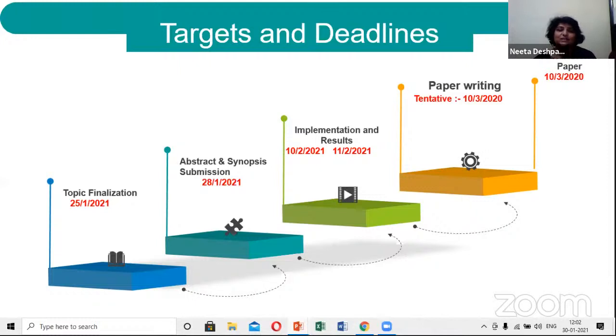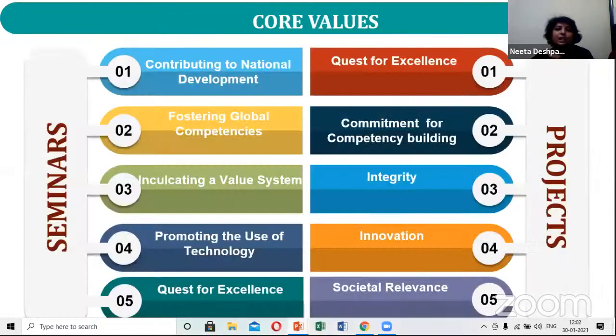Remember students, what is very important is that I've given a random date here, but whenever you really want to do something, you have to set targets and deadlines for yourself. Unless you set your own targets and deadlines, things won't work out. So the topic finalization date, abstract date, implementation date, paper writing date, submission date. You look at the conference, make a target that this is the conference where I'm submitting my paper, or this is the journal, and this is its deadline, and then do reverse engineering and say, okay, this is the time I should get along working.